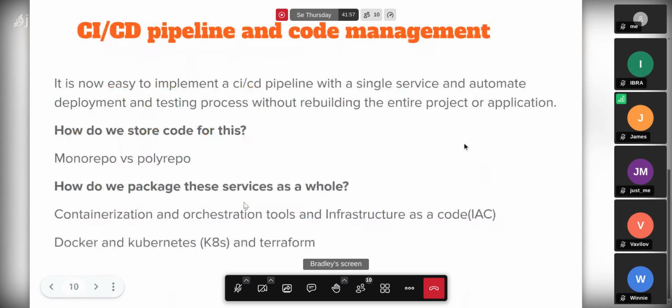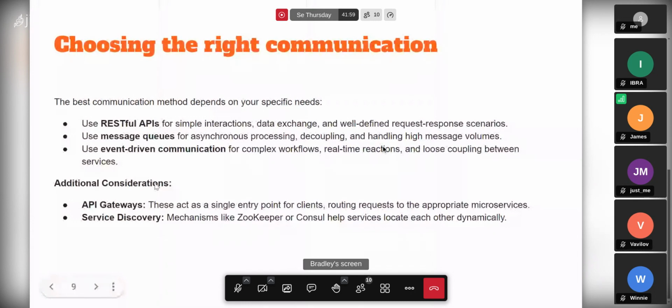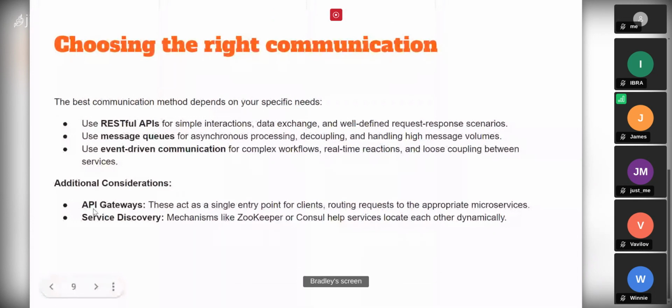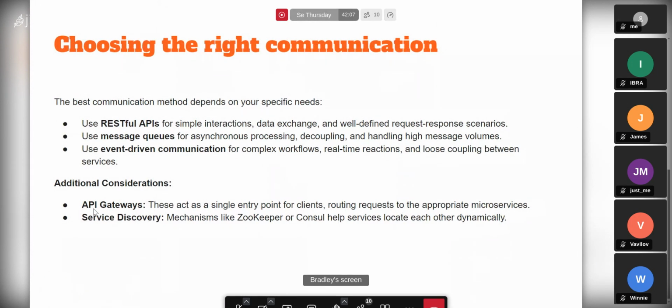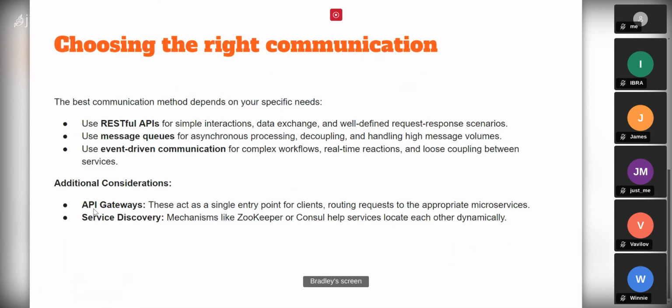So let's go to the additional considerations. All these services are internal communications between business logics that are implemented in the backend, right? We need a way for people or the client to interact with it. So it's a good thing to create an external API gateway that acts as a single entry point for all the clients to be getting information. And this API gateway is itself a microservice that can communicate internally with different microservices.